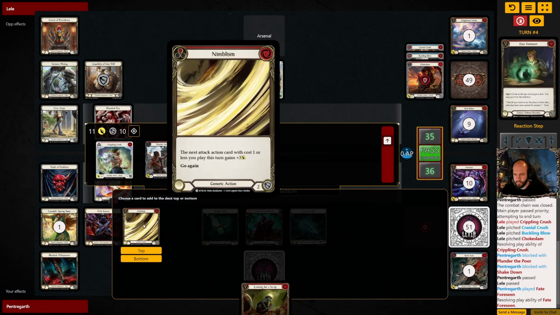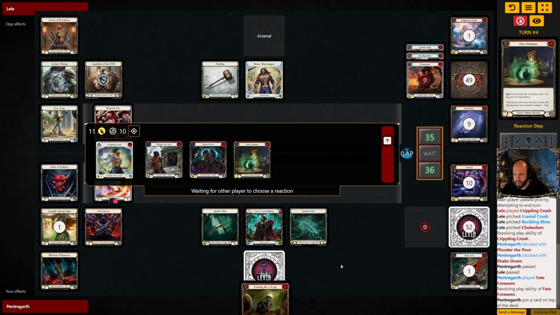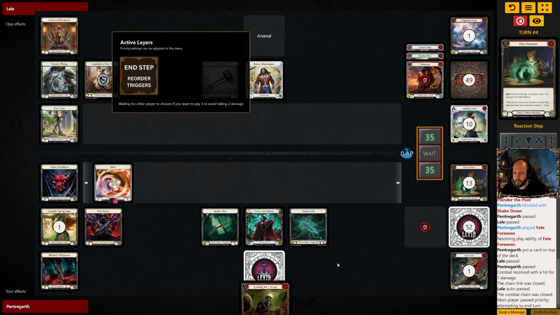Yeah, I'm not hating the Nimblism here. That's not so bad, because he doesn't have an Arsenal right now, so the chance of him actually sending a big dominated threat isn't that big. So it's kind of okay. And I'm fine with not using the mask on this Annihilate, because it's most likely not going to connect. I don't have anything to push it over the top. So this is really just kind of